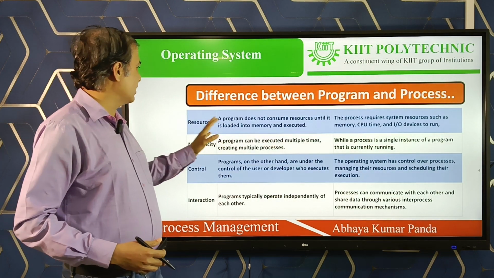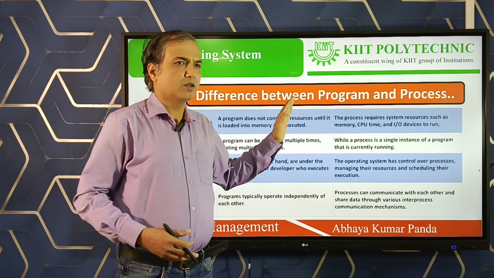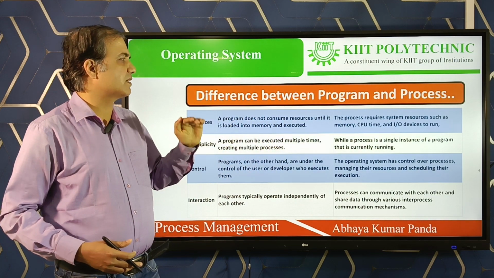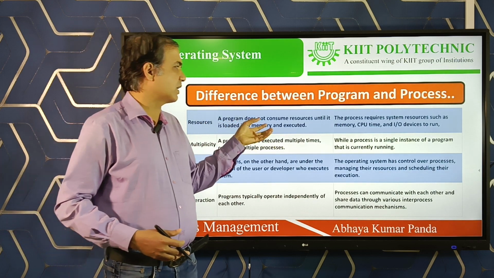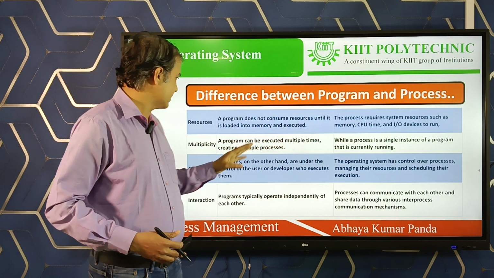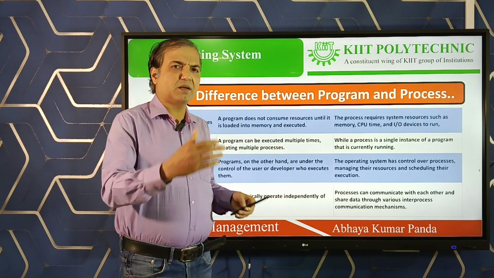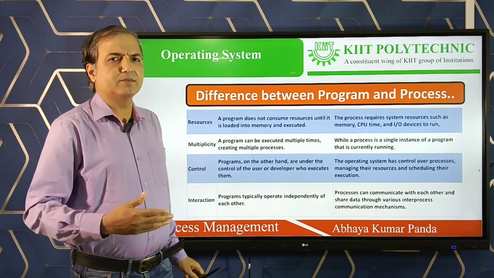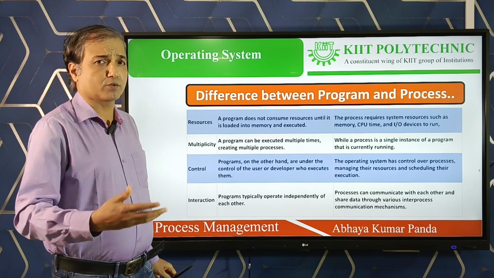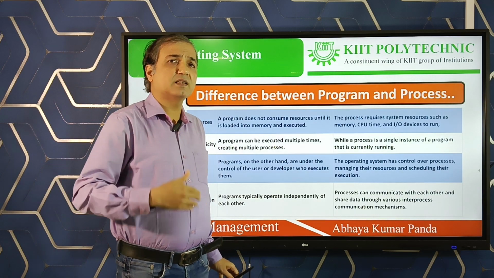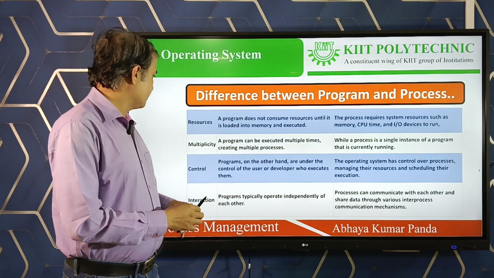A program does not require any resources, but to run, the process requires different resources. It may be CPU, IO devices, memory, etc. When a program is executed multiple times, it creates multiple processes. One program is there, but it creates multiple processes when it executes.